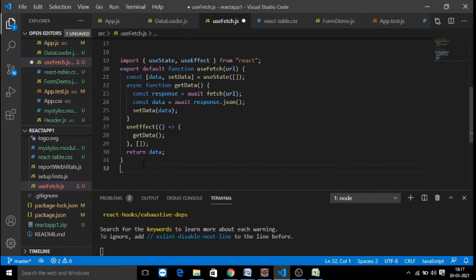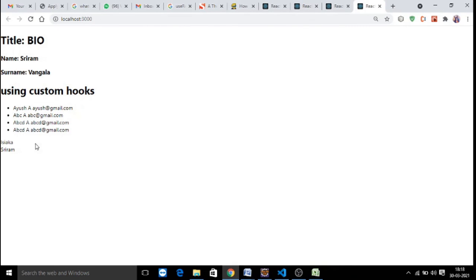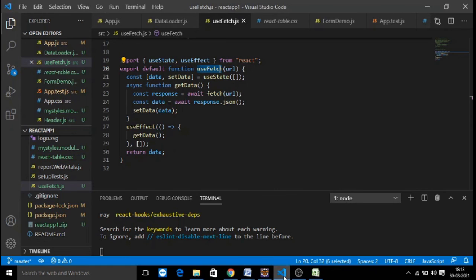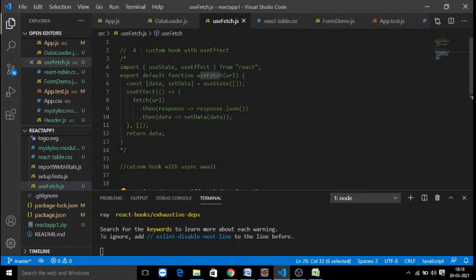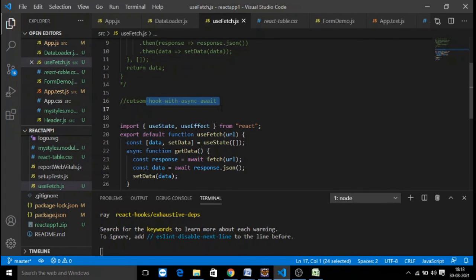Now you will be calling your data loader component, calling your custom function and loading the data. The result is same. Everywhere you are processing the same logic, but the difference is that the first time you are calling it with the predefined React hook called useEffect, and then you are using a custom hook with async await. So this is all about the various types of hooks we are discussing. In this particular example, we have covered useState, useRef, useEffect, async await and custom hooks.